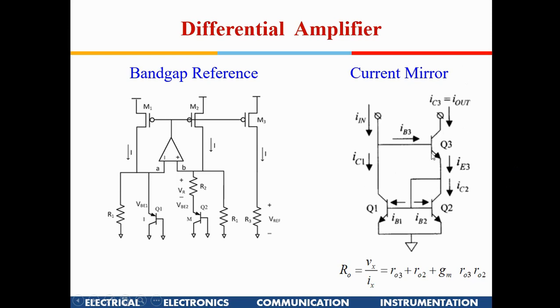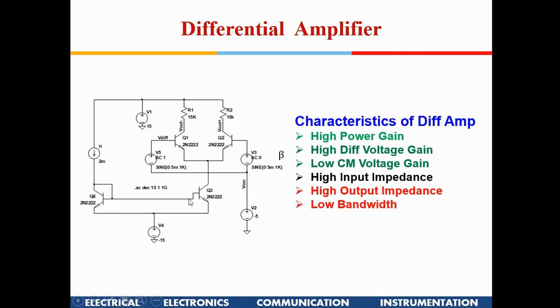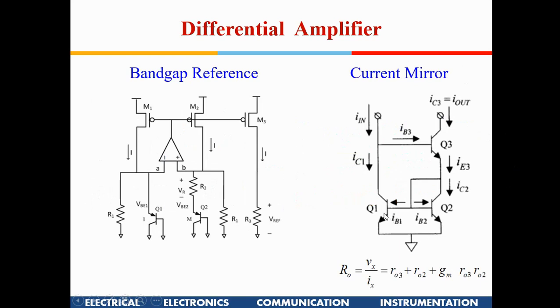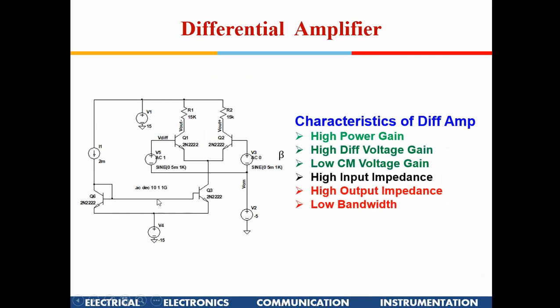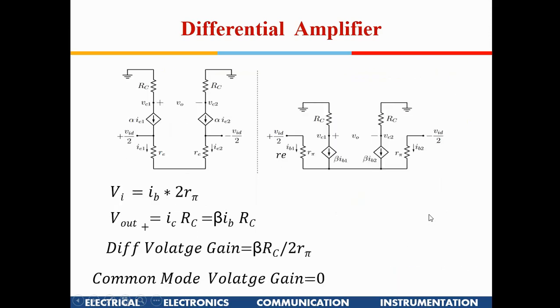These kinds of current mirrors are going to be replaced here, and these two transistors will be replaced by these three transistors. I'm just giving a rough idea to you. Presently we restrict it to a simple current mirror and do our derivation. This is the small signal equivalent of the differential amplifier. You are applying two differential inputs, which I call plus VID by 2 and minus VID by 2. I can ground one side and apply only the difference voltage at one of the nodes also.